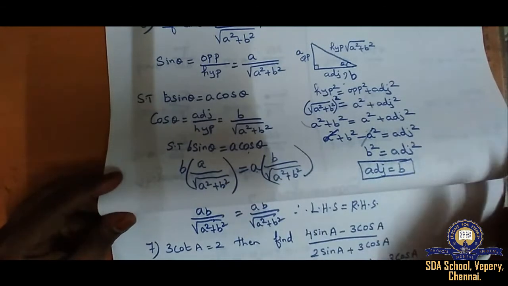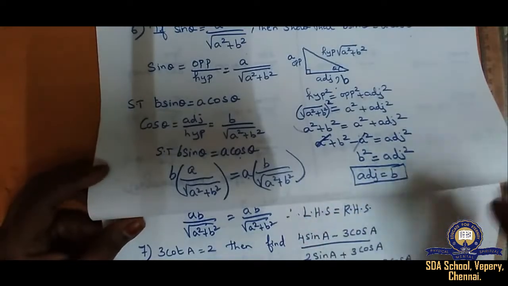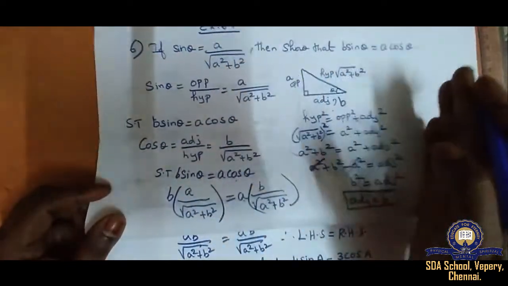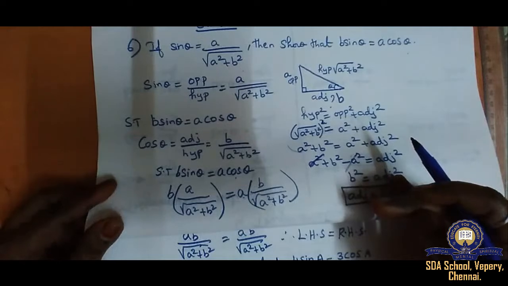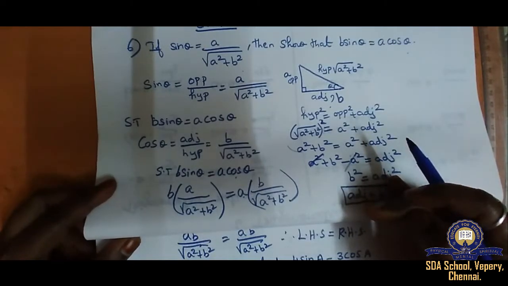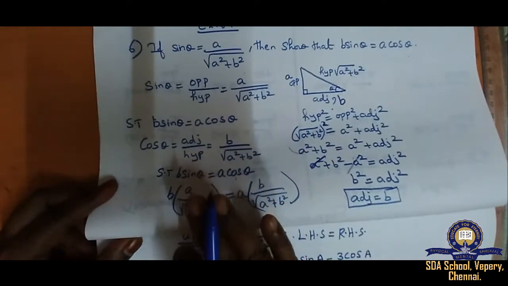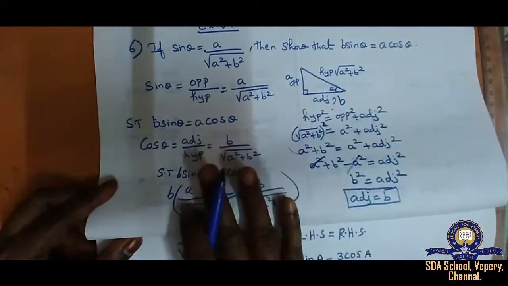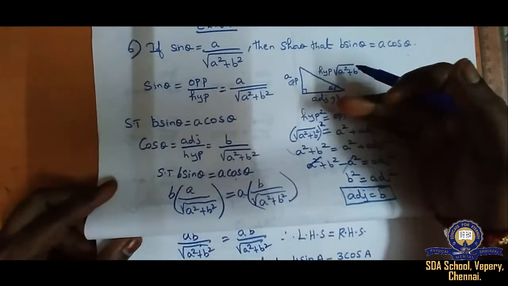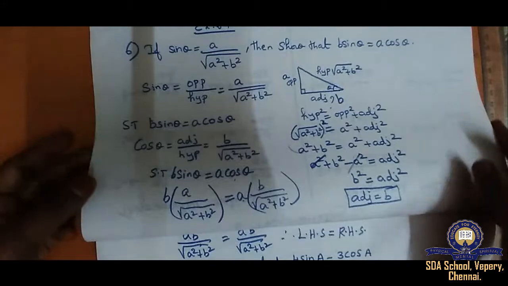I don't have a space. I cannot show the 2 pages together. So I have split the pages into 2, and I have written the Pythagoras theorem on the right hand side, and the substitution in the given thing on the left hand side. But you do it one after the other. Clear? Don't get confused. Next, 7th question.